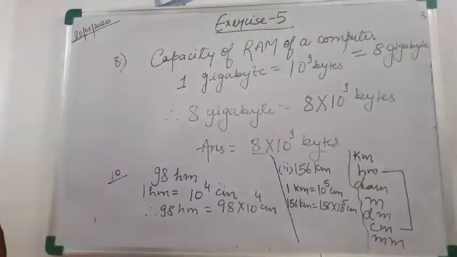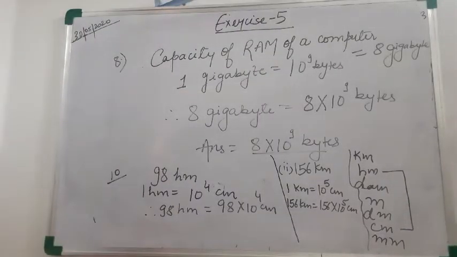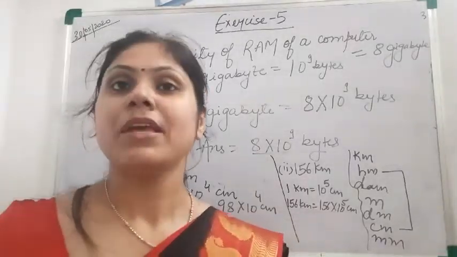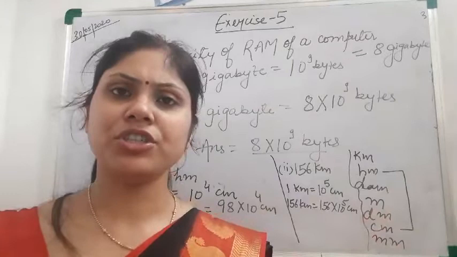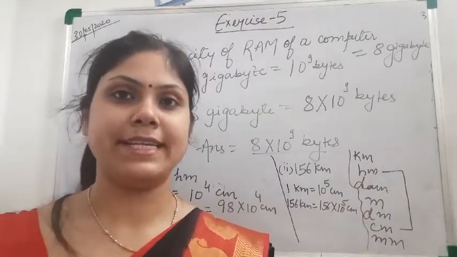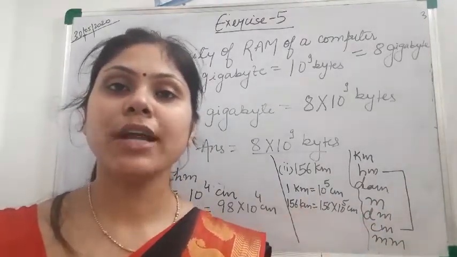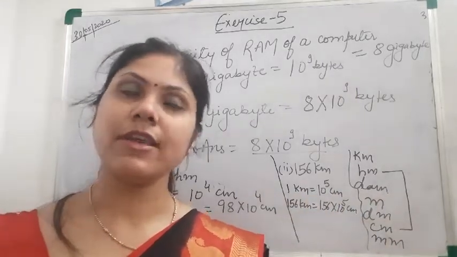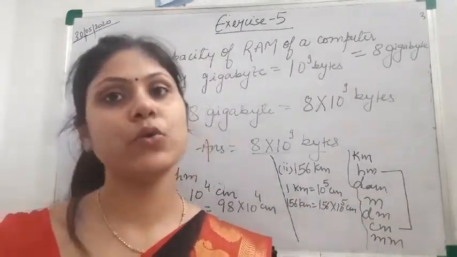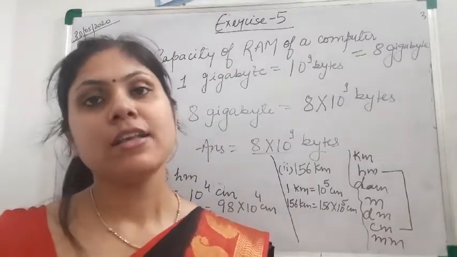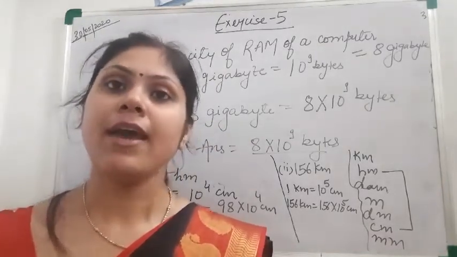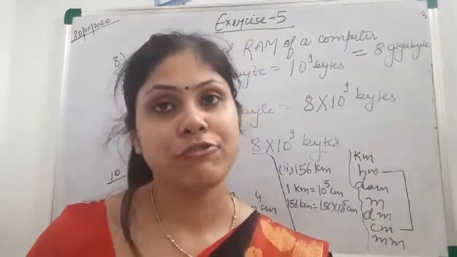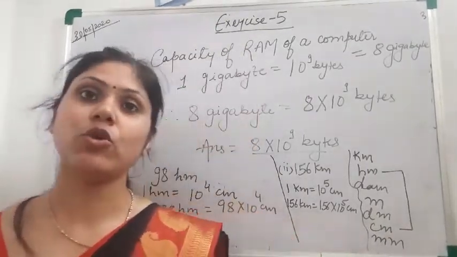Ninth question, I told you yesterday only that you have to do it on your own. This is a very easy question, at the same time it is complicated also. So please go through that question. Just try to solve it in a rough copy first. If your answer is coming, then you do it in your fair copy, or else you just solve it in your rough copy. And when school reopens in the month of July, first when we do revision, we will go through this question.